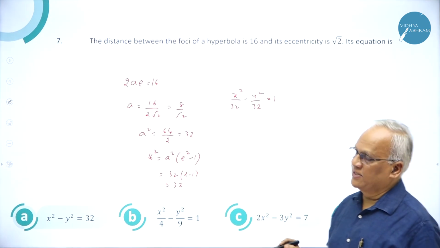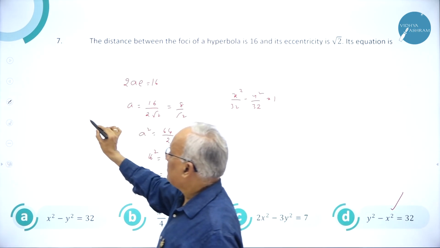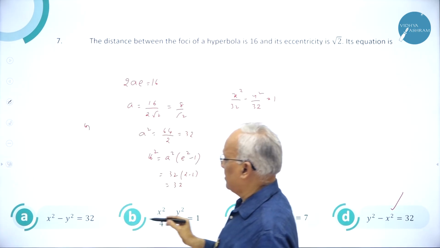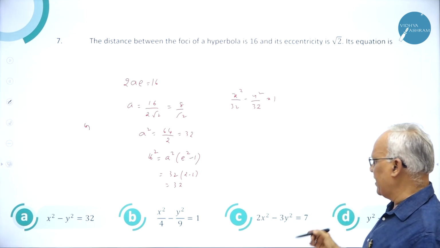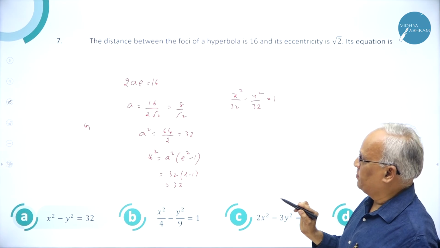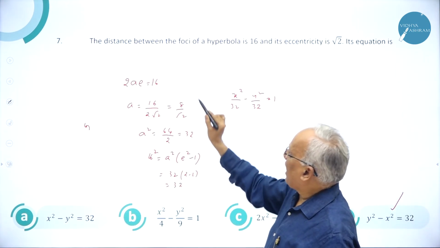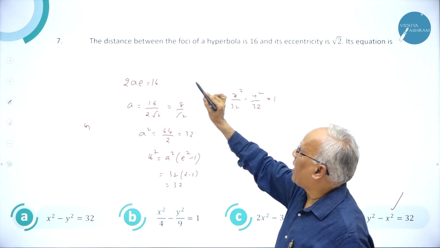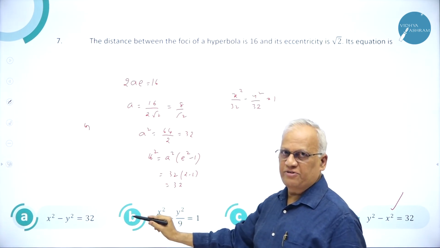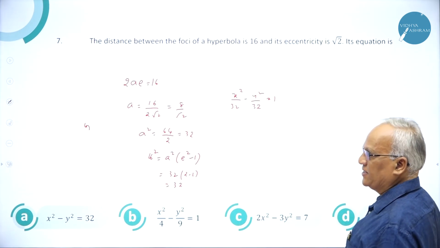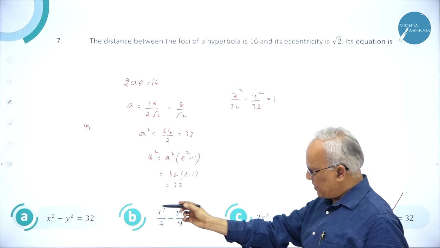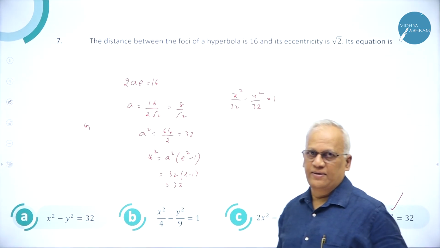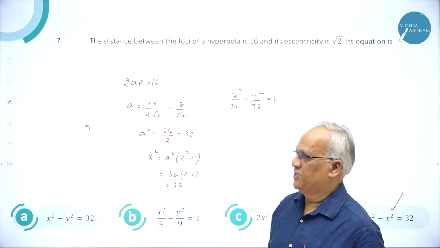So, in such a case, you get a grace, since usually only one choice will be given. Here both a and d are correct. Suppose they want this answer, then the transverse axis is parallel to the x-axis, that's the one. If the transverse axis is parallel to the y-axis, then this is the answer. Now, there is ambiguity, so you can write a or d, both are correct. Okay, so next question we shall go.